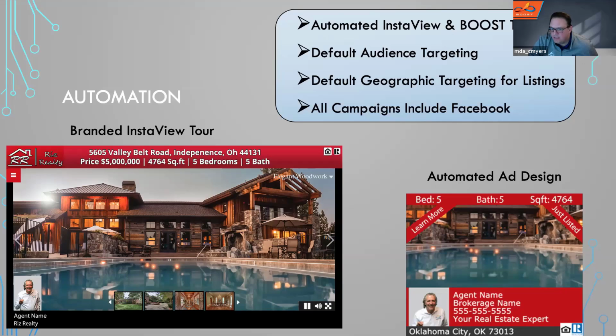Agent campaigns can be either sent to your agent profile page, which we'll get into here in a minute, or you can take them to your own website. Then, of course, the targeting is appropriate for the campaign. We're either going to look for likely buyers, or buyers and sellers in the case of an agent campaign. And in the case of the agent campaign, you can also pick one or the other. So if you have a specialty, whether buyers or sellers, you can certainly just target those as well.